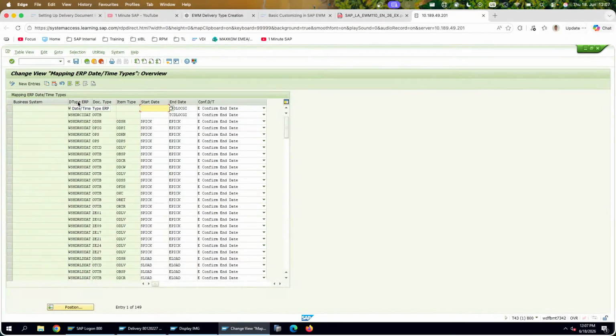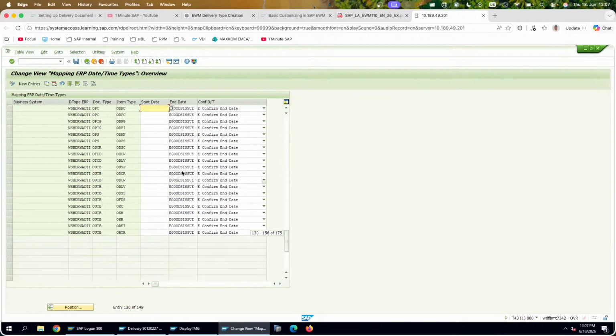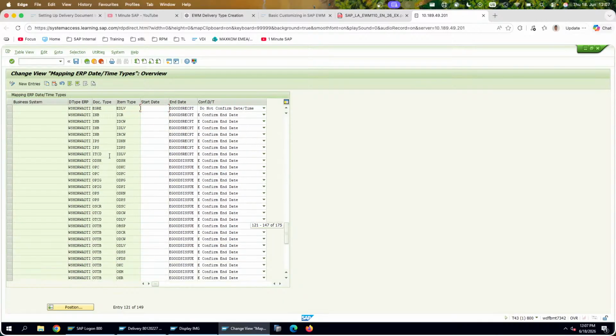We have date type ERP, document type, item type. Then we have start date, end date. Alright, just going to copy the one from other training environment. They have probably just done it yesterday. Yeah, this is the document type from ERP, document type from EWM, item type is probably from EWM, and we